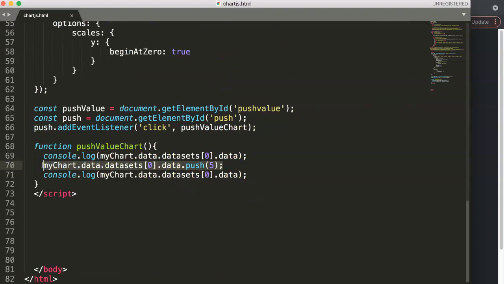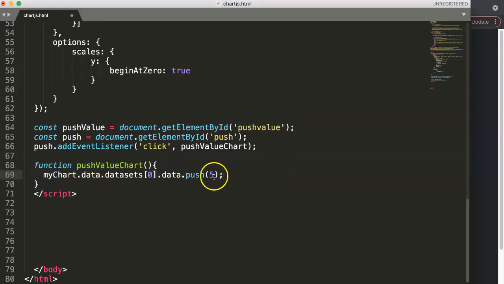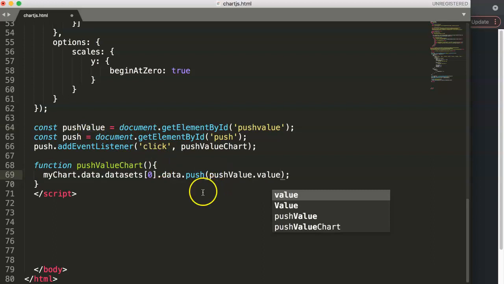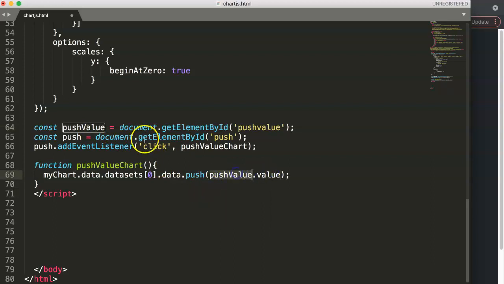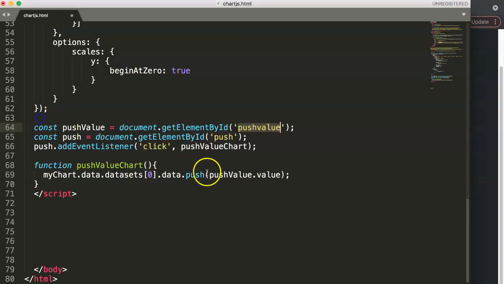So now you probably figured out, okay, we can connect these now all together. Let's connect them all together. So this should be now very clear. What we want to do here, in reality, is we don't want to push number 5. We just want to push our value. And then we say here, dot value. So push dot value is basically the ID of push value, which is the input, number 2. And then we want to extract the value out of it. So once we do this,